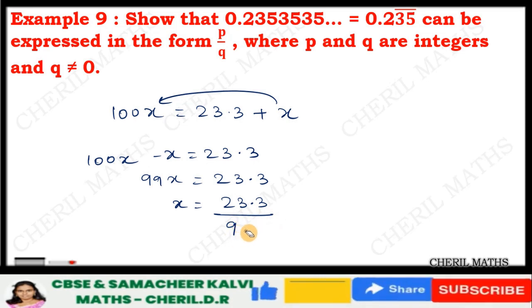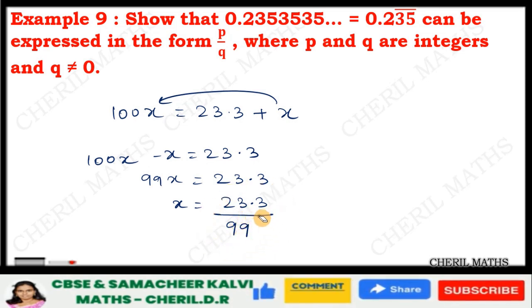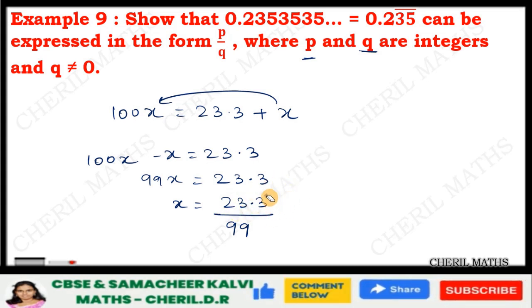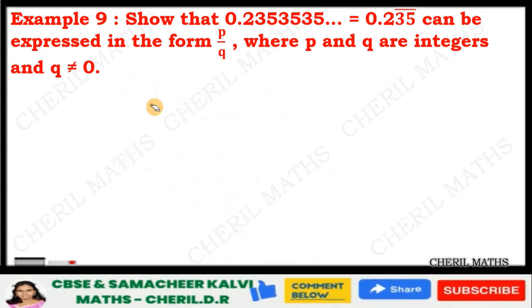23.3 divided by 99. Whenever you have a number like this, where you have a decimal, you can't say that it is exactly a rational number, because we need p and q to be integers, whereas this numerator is not an integer. We cannot say all rational numbers are integers, so we have to convert this again. Okay, what do we have? We have x to be